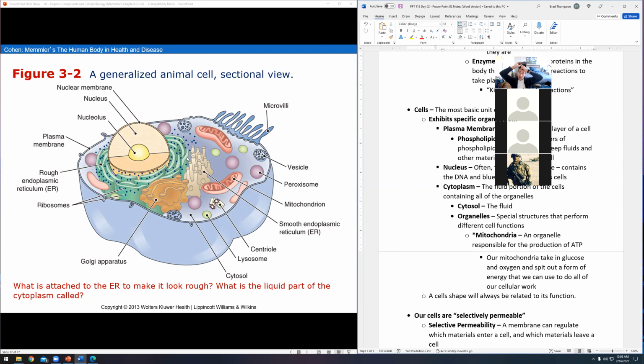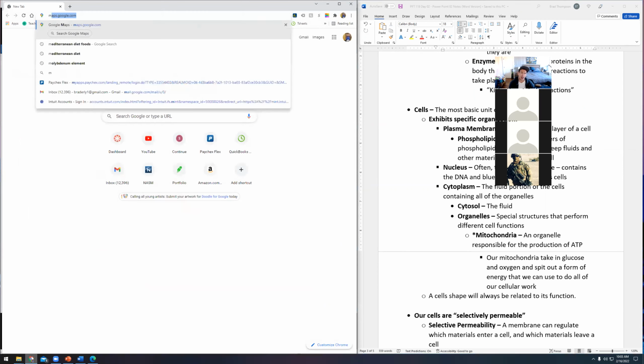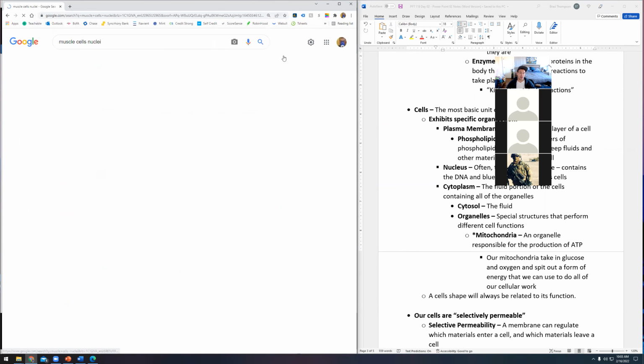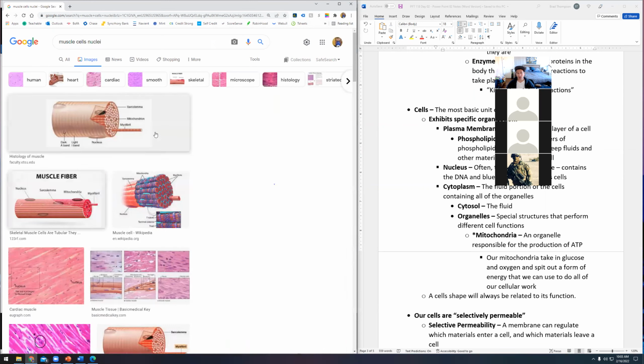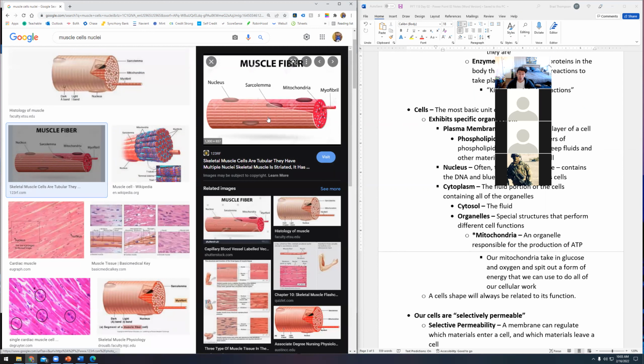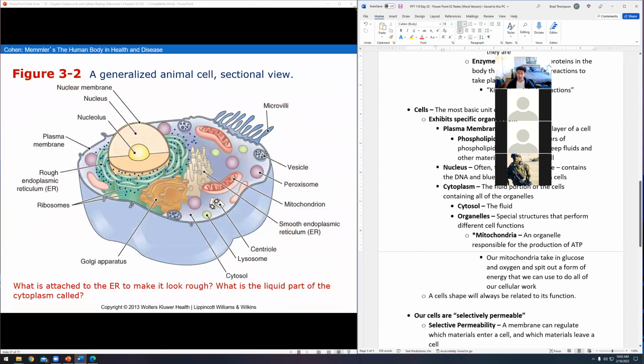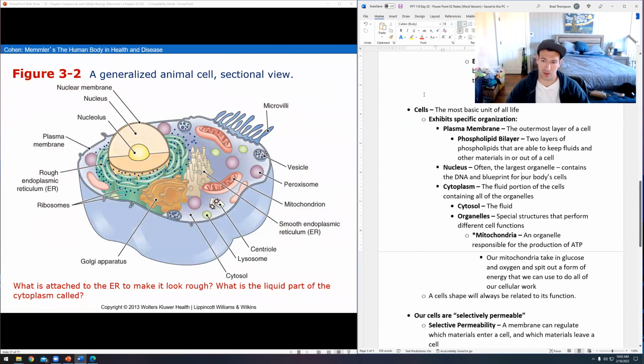What's really fun about muscle cells, for instance, is that they have a lot of nuclei inside of them. You'll see a lot of little nucleuses inside of a muscle cell. This is what makes muscle cells so good at growing. Basically, what's really fascinating here is that those nucleuses can become what we call progenitor cells, which become new muscle tissue later on. It's part of the way that our muscles grow. So that's our nucleus there.